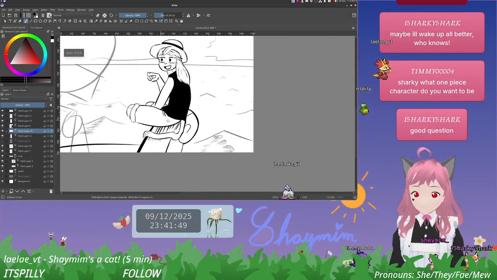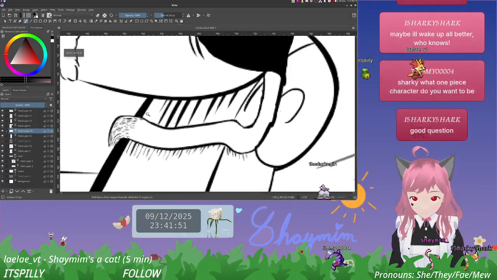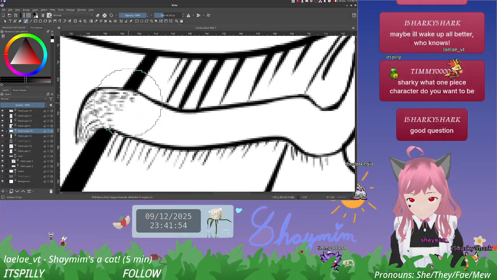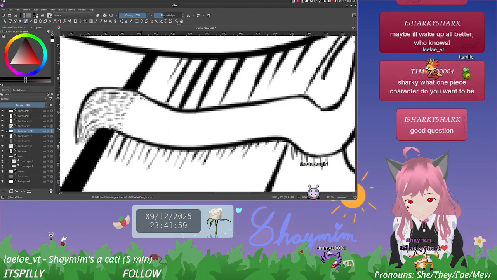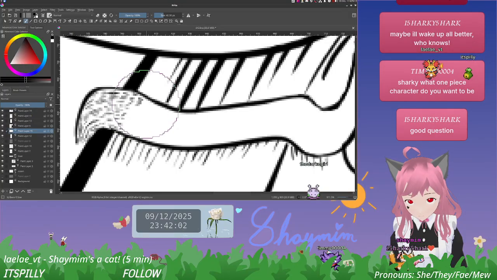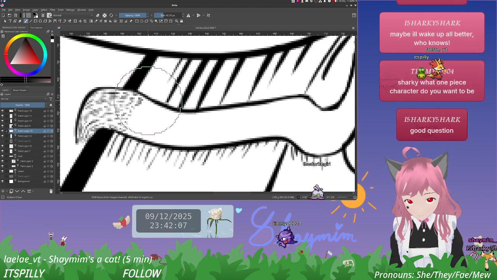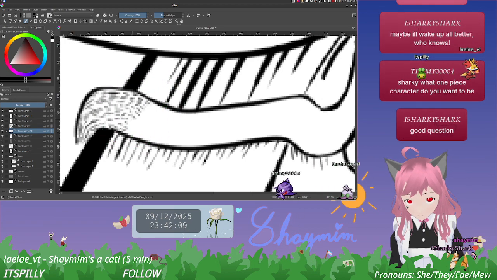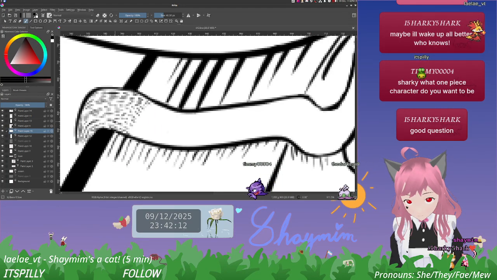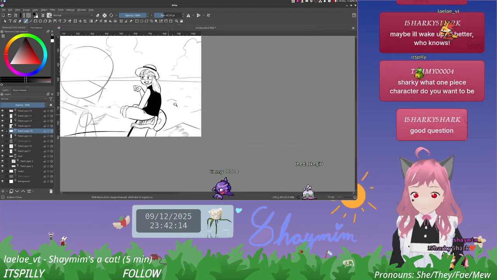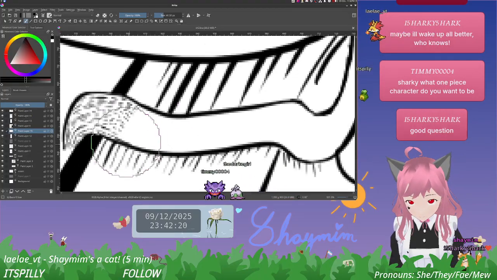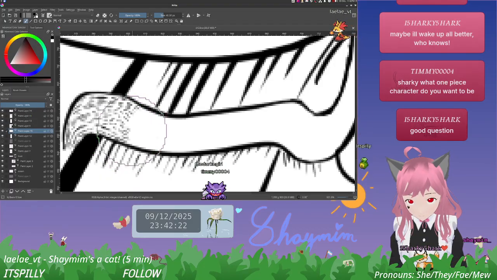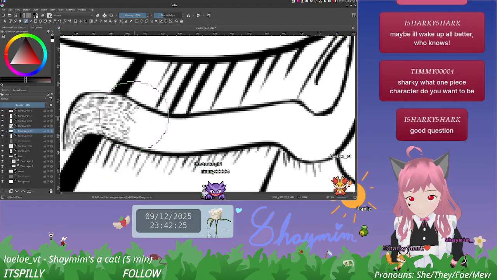Tiny little brush strokes. Give it kind of the impression of texture. That seems correct, right? Longer.